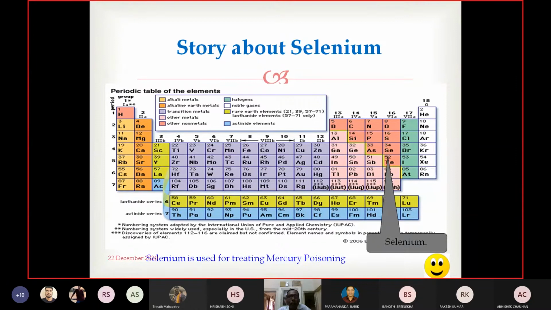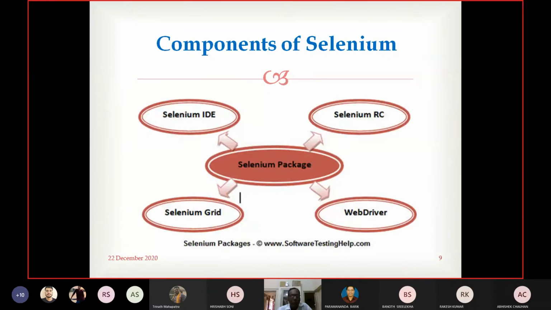Okay. Now let's see what the components of Selenium are. There are four important components of Selenium. They are Selenium IDE, Selenium RC, WebDriver, and Selenium Grid.